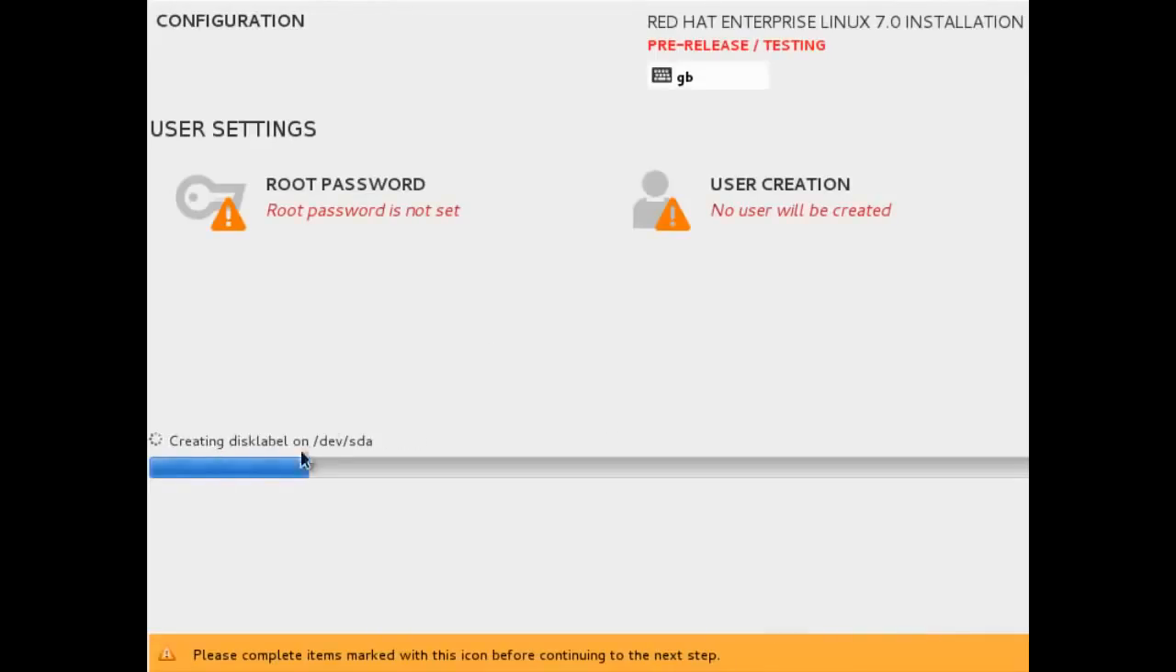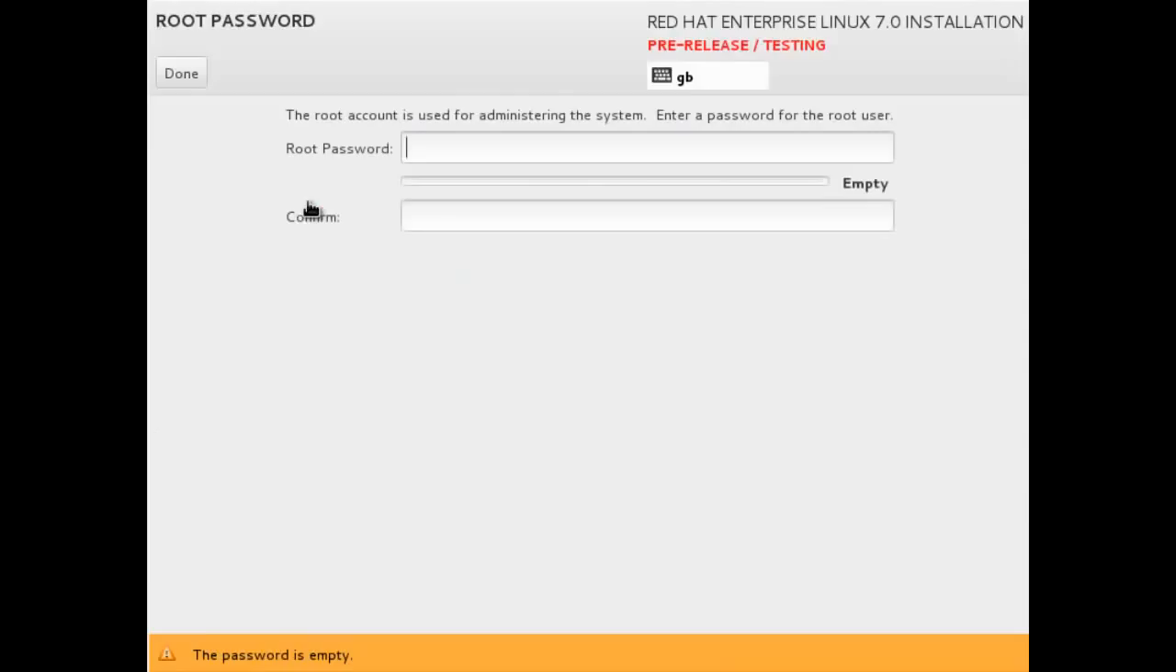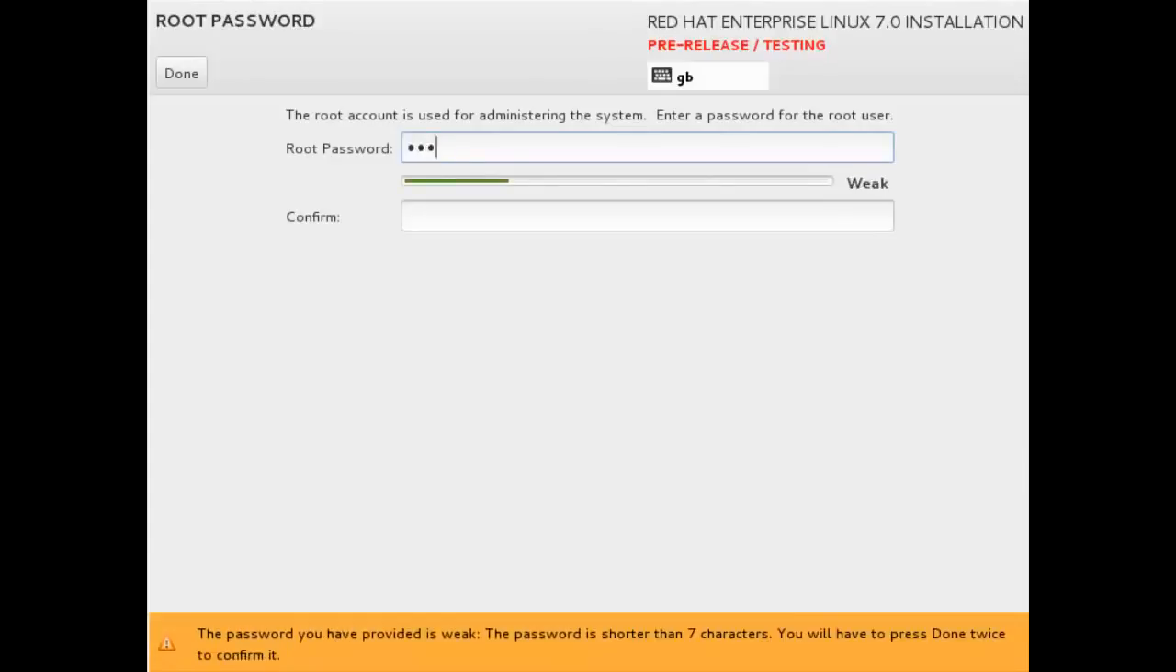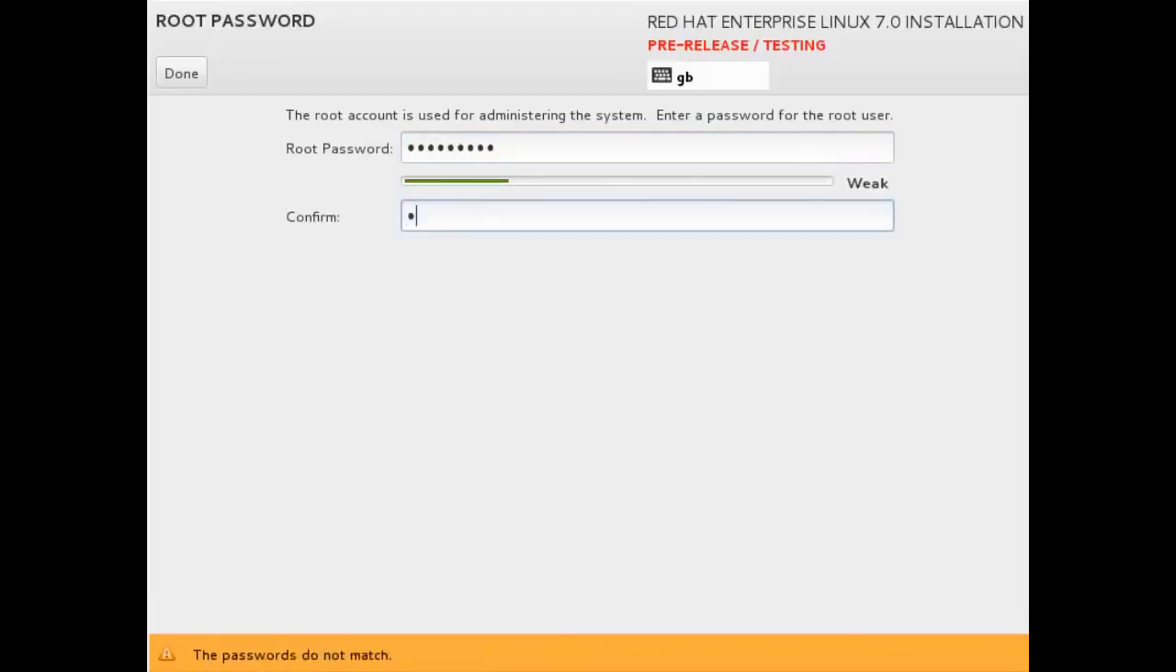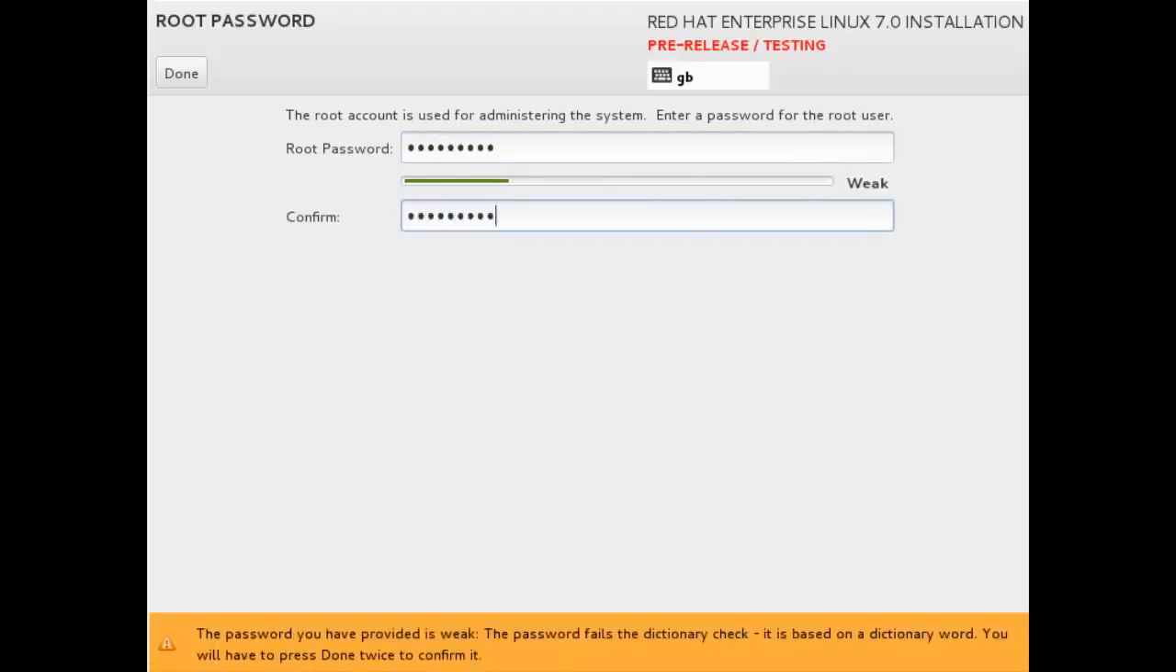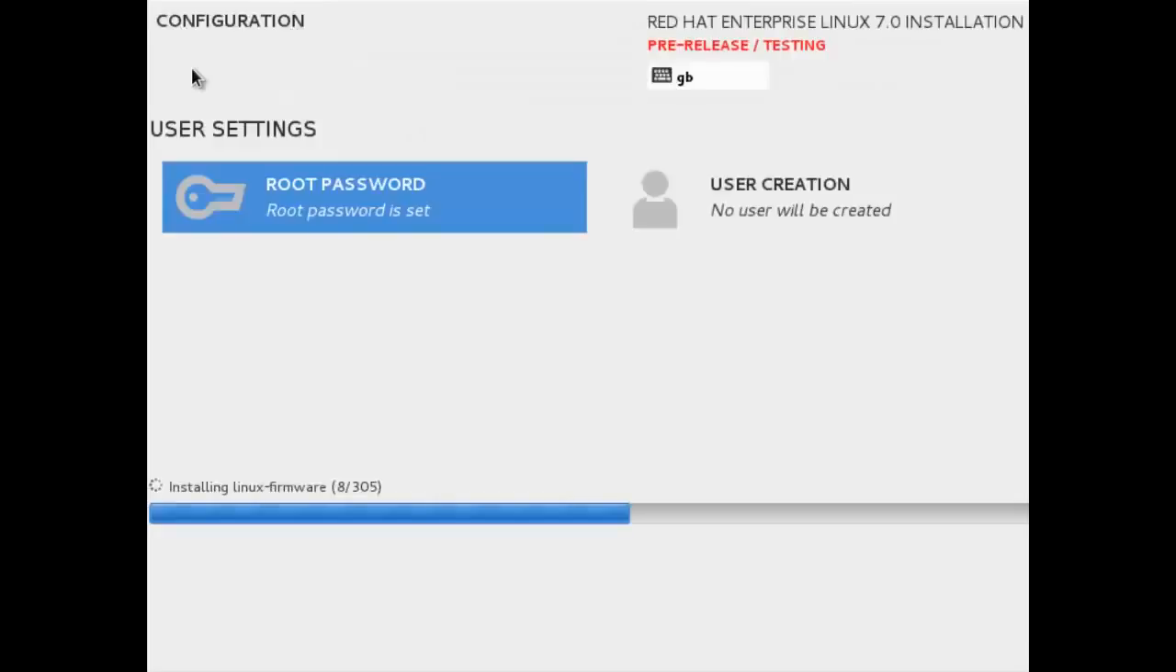So we'll begin the installation. As the installation continues, you see we're formatting the file systems with XFS. It then will allow us to fill out the root password and create our user. So rather than ask us that at the beginning, we can be continuing with the install and then fill out our root password. It's warning me that it's a weak password, so it will want me to hit the done